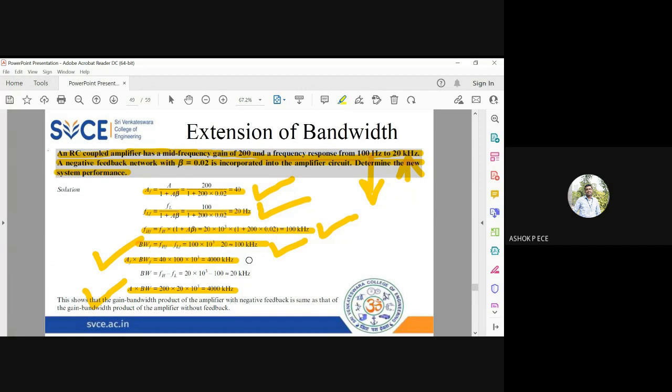So this is a very, very important property. This is just one of the different forms of the law of conservation of energy. Energy need not be in terms of voltage, current, power. It can also be in terms of gain, bandwidth, or impedance. Anything it can be. So you cannot convert one parameter to another term. Here if gain is reducing,